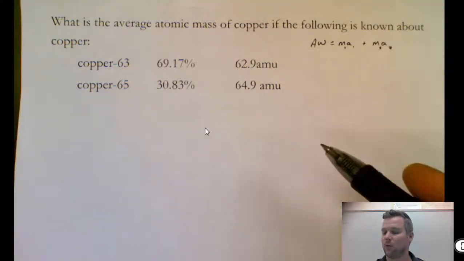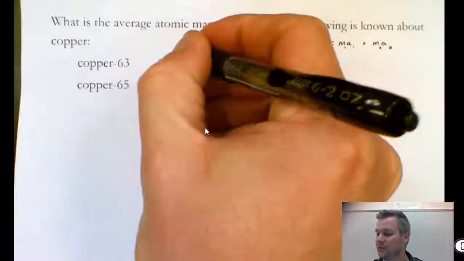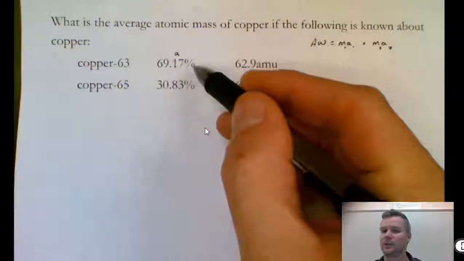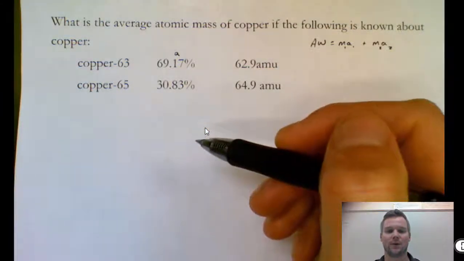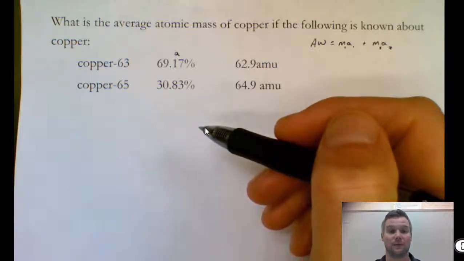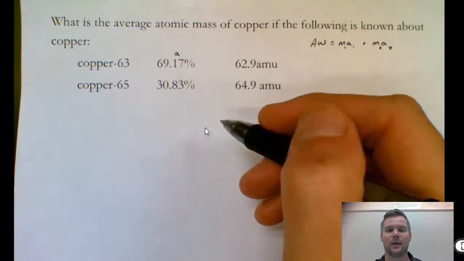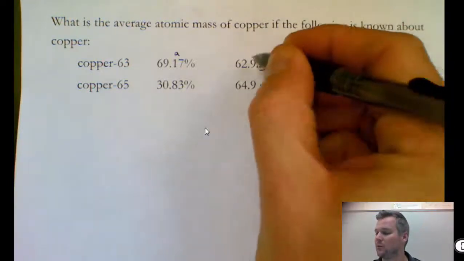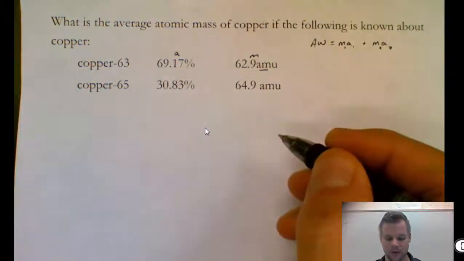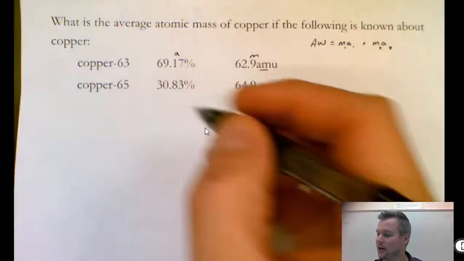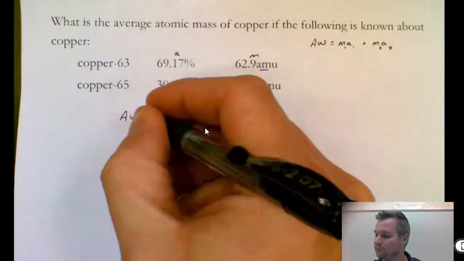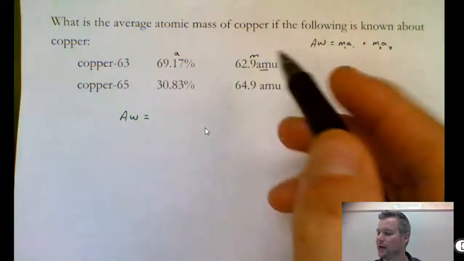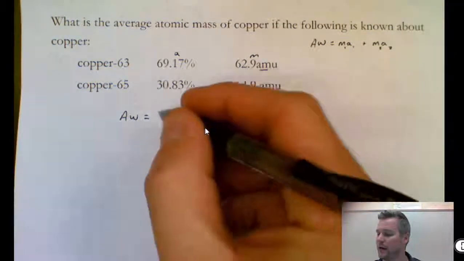Now, to keep ourselves organized, I'm going to label this column as the abundances because they're percentages. It's telling me how much of the whole different types of copper would happen to be: copper 63 and copper 65. And then atomic mass unit would be M for mass. Now, to set up this math, I'm just going to do atomic weight equals mass times abundance. So 62.9